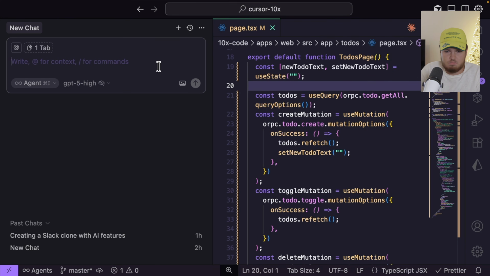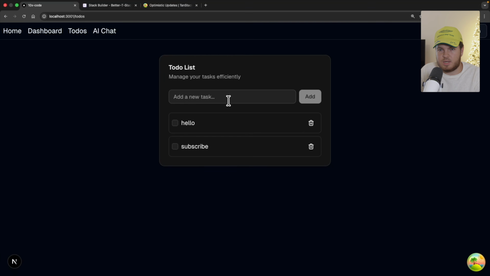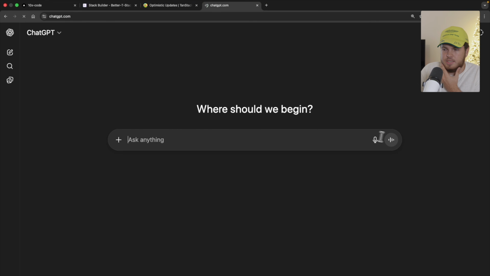One solution could be, let's go into the agent mode as we are right now, and we could say, hey, add optimistic updates. Sure, I guess this works, but here's the thing. As I told you, input equals output. If your input is not precise, your output will be not precise. You want to have a precise input with as much context as possible. This here is your junior engineer. Tell him exactly what he should do. You are the senior engineer. You are the architect. So in this case, what I would do is again open ChatGPT,